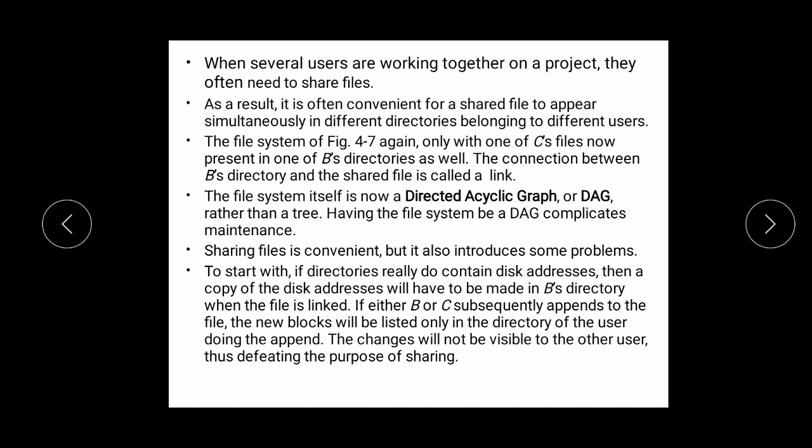Different people will be accessing that file in different directories according to their convenience. The file system in figure 4.7 again, only with C's file now present in B's directory as well. The connection between B's directory and the shared file is called a link.